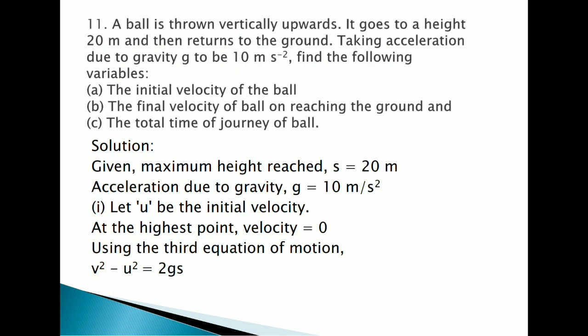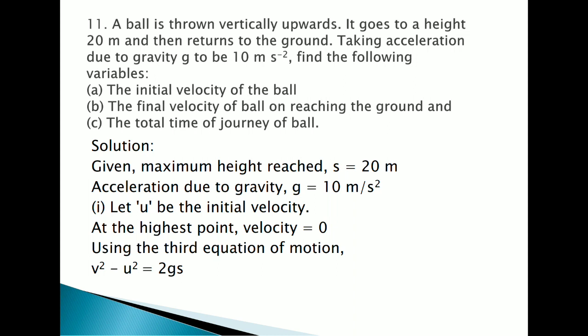A ball is thrown vertically. It goes to a height of 20 meter and returns. Taking acceleration due to gravity g as 10 meter per second square, we have to find out initial velocity. देखिए जब भी बॉल को ऊपर फेंकते हैं, whenever we are throwing, we have to provide initial velocity, okay, and